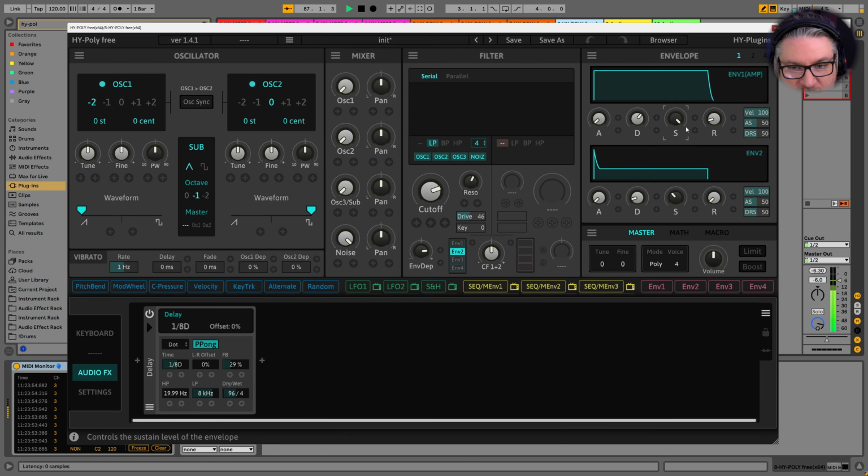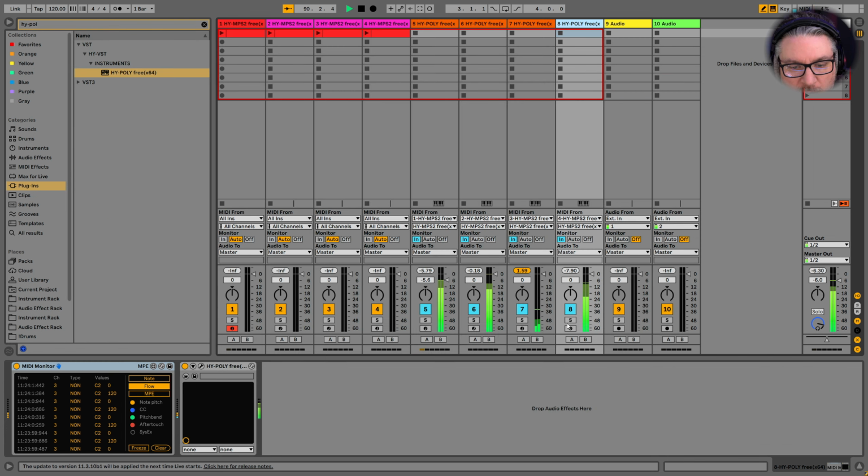Let's mess with the preset. Am I editing the right one? This is 4, so 1, 2, 3. Yep, that's the right one.